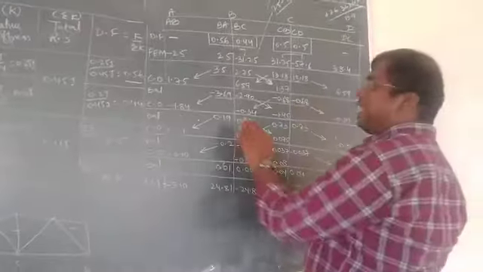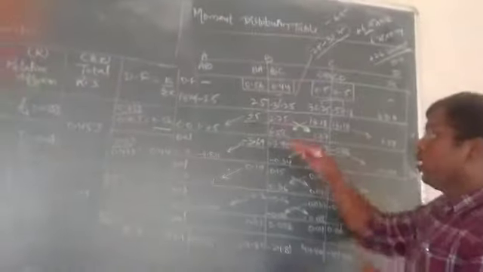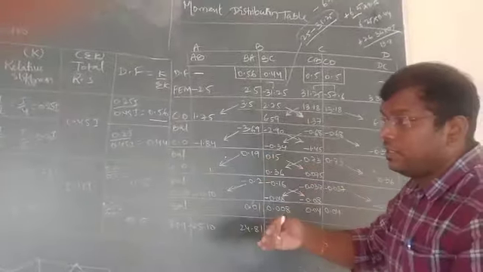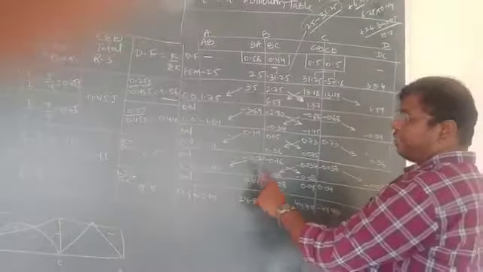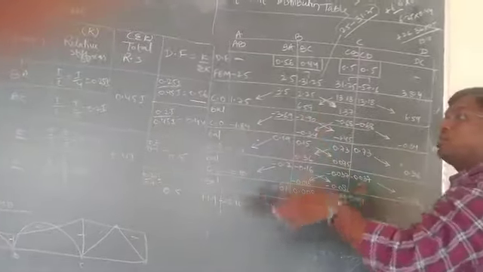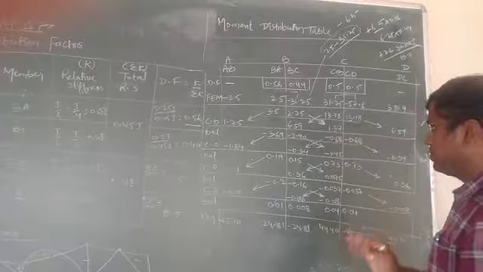But we need to carry forward the moment to the far end. Again, this step remains the same. We need to go for 1, 2, 3, 4, 5, as many iterations as needed, until ultimately we get 0.01 or 0.05. There we need to stop. We need to carry out a minimum of 3 to 4 iterations.